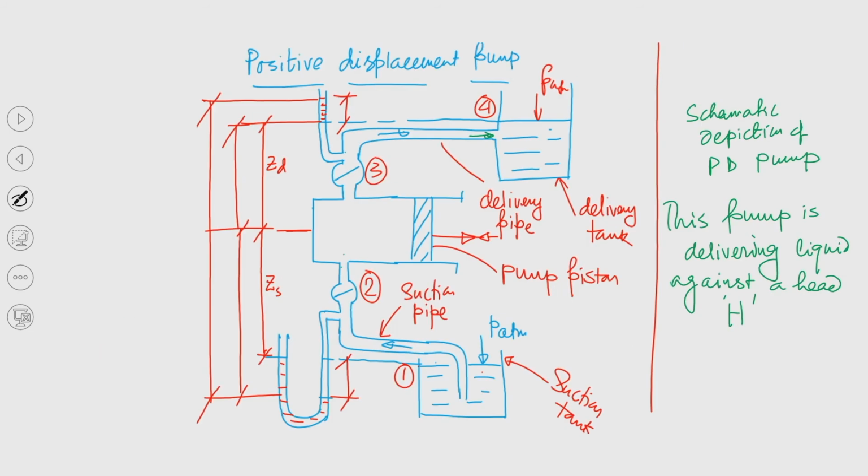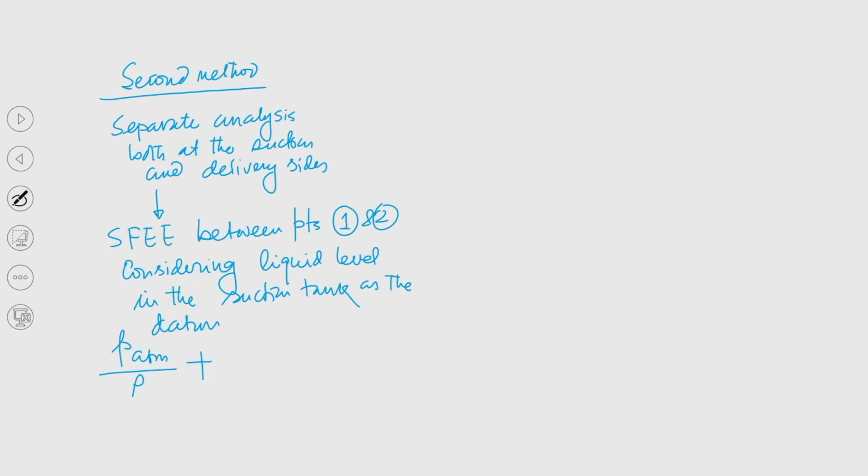This is atmospheric pressure, and the cross-sectional area of the suction tank is much higher than the cross-sectional area of the suction pipe. I am not going to repeat it, you have understood this. So this is almost negligibly small, and I can write 0 equal to